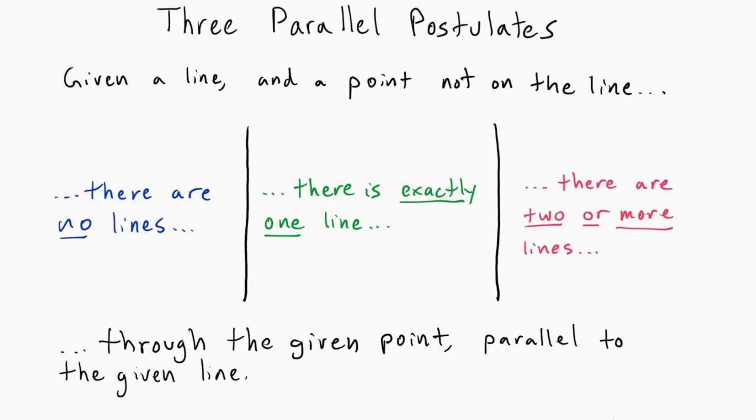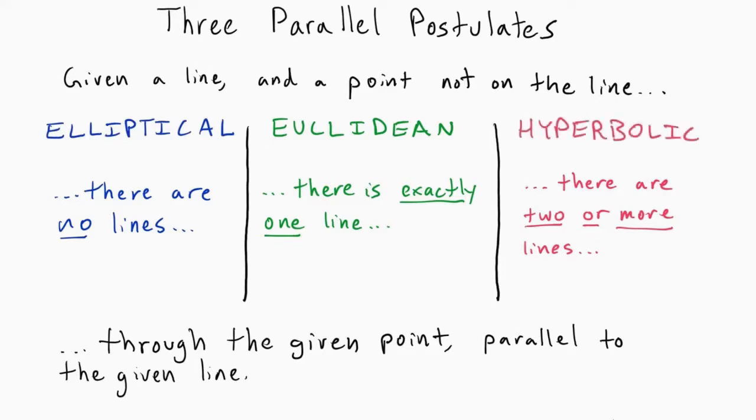If we use the middle column to complete the parallel postulate, as we already know, we get Euclidean geometry. If we use the left column, we get a non-Euclidean geometry called elliptical geometry. If we use the right column, we get a different non-Euclidean geometry called hyperbolic geometry. In the next two videos, we'll discuss elliptical and hyperbolic geometry respectively, and explore a world in which the parallel